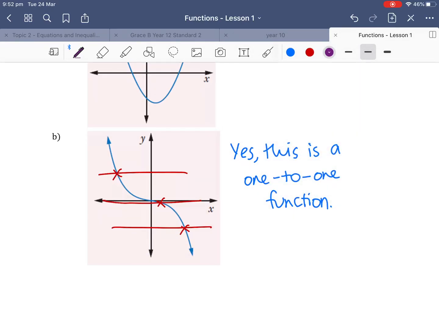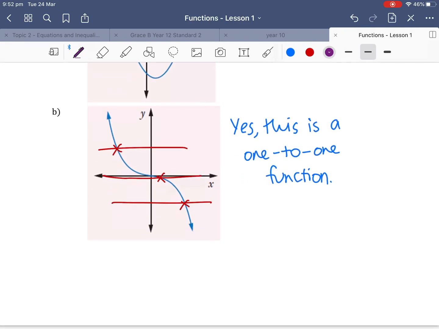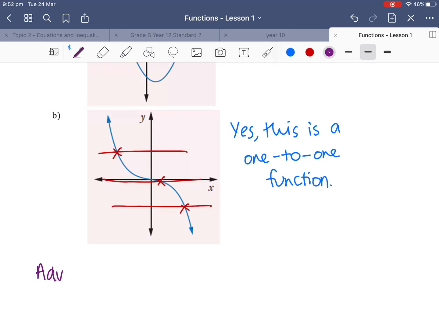If you are following through the Margaret Grove textbook, yes, it is the Maths in Focus textbook, you would now do the exercise that relates to functions. If you're in advanced, it is exercise 301, and if you're following the extension 1 textbook, it's exercise 401. And there's only